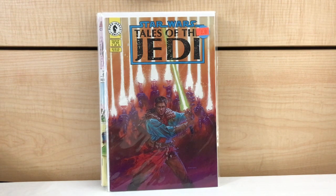Found this for $2. I remember seeing this book everywhere, and to me, this was just a generic, run-of-the-mill Dark Horse Star Wars book. You know what I mean? Nothing special to me. But